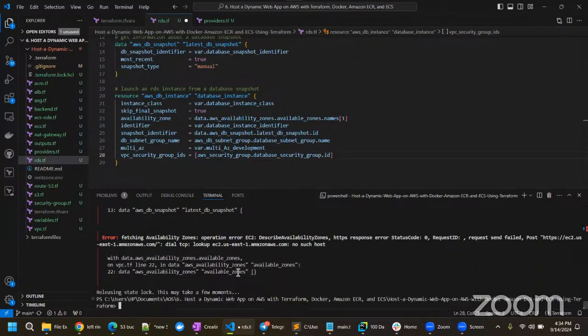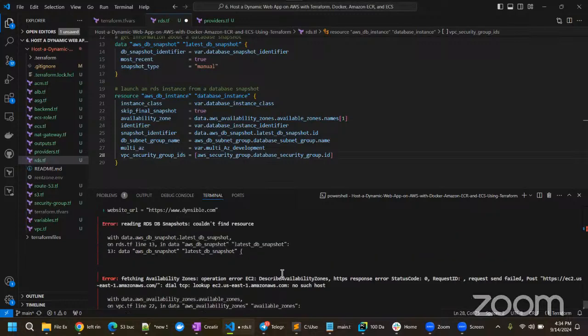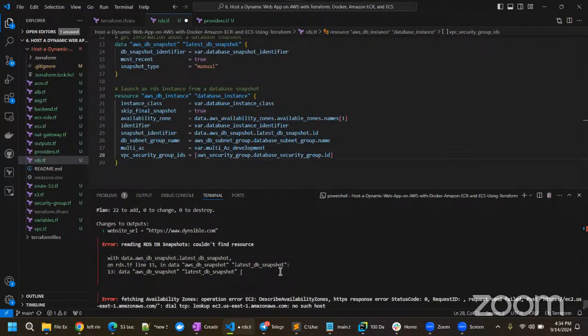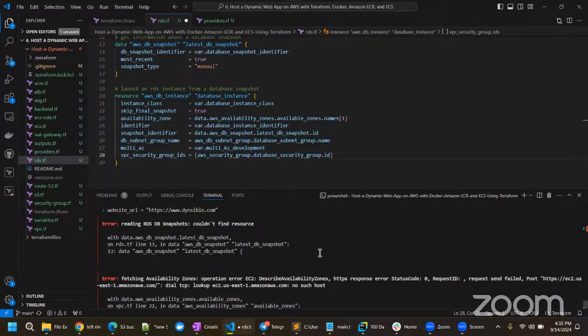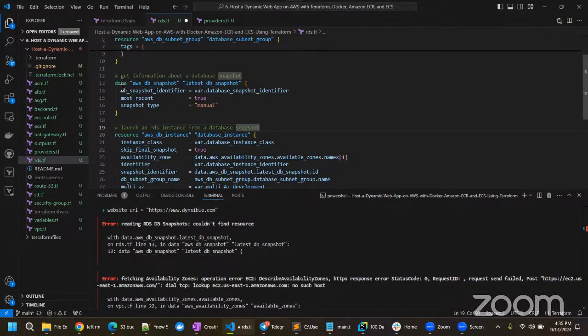Okay. All right. Fetching availability zones. All right. Yeah, just right there is fine. Just scroll up a little bit so I can see. All right, just like that's fine. So reading RDS, I couldn't find resource. So it's saying it can't find your RDS resource, your RDS snapshot, with data latest snapshot in your RDS.tf file line 13. Yeah, here. Right. So it can't find that